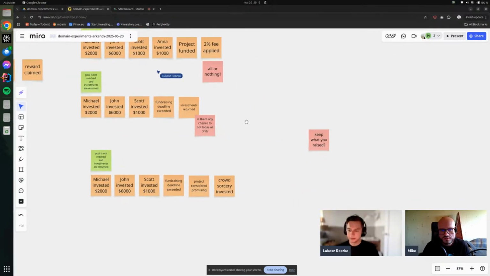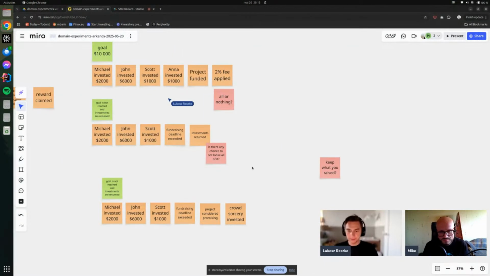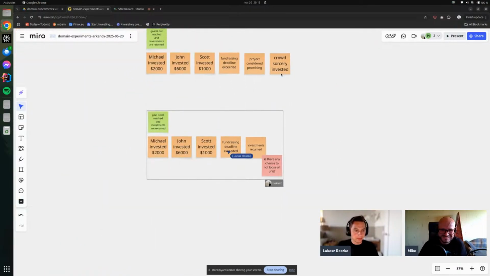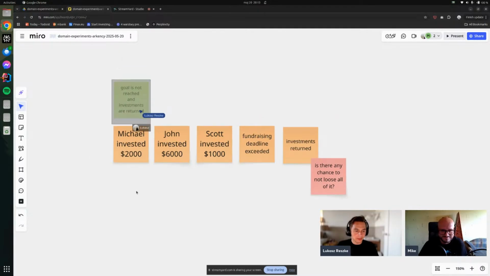Can you give a specific example for it? Maybe just post it here on the board. Yeah, let's think about this. I've never used this Miro board thing. So the goal is not reached, and I would just say the project is super interesting. Let's just drop what it means. It's super interesting. I believe it's going to change over time, but